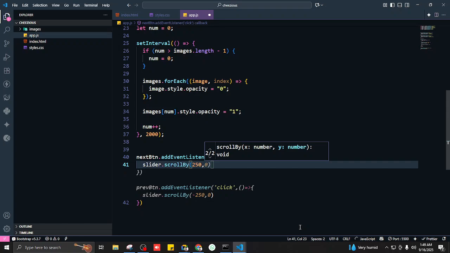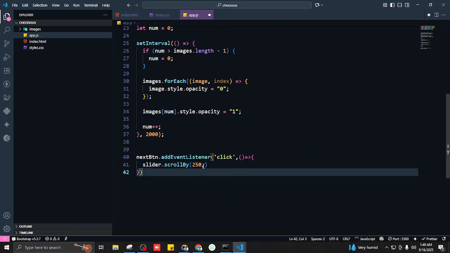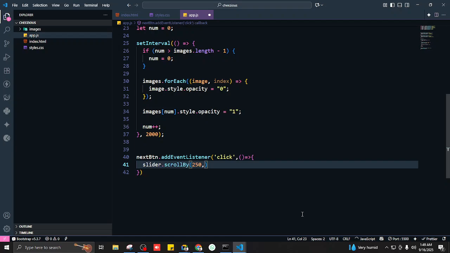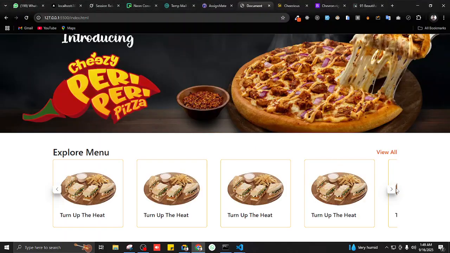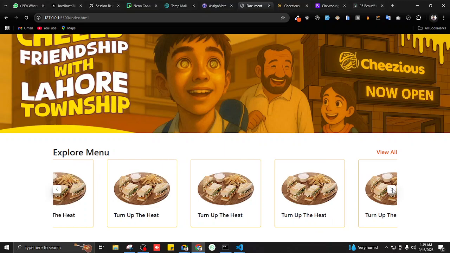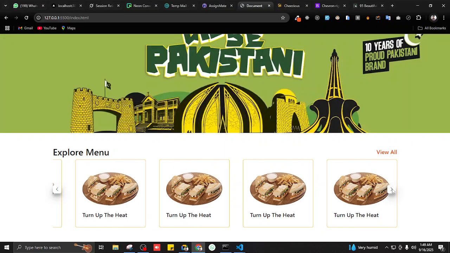And then the second parameter it takes is what? How much do you want to slide on the y-axis? Do we want to slide on the y-axis or not? No. So it's going to be 0. And that's it. That's totally it. Let's test it out. What's happening here? It's working, but